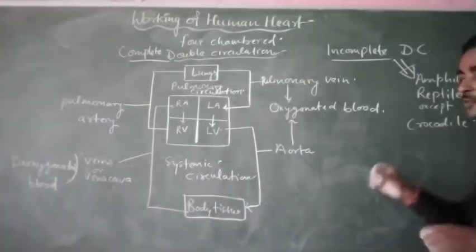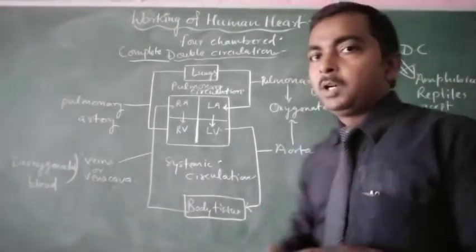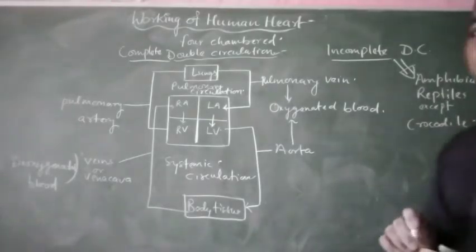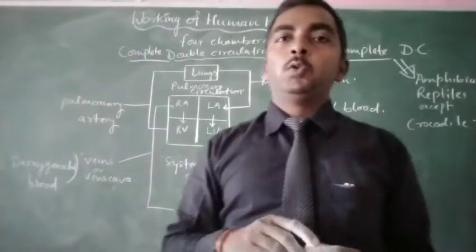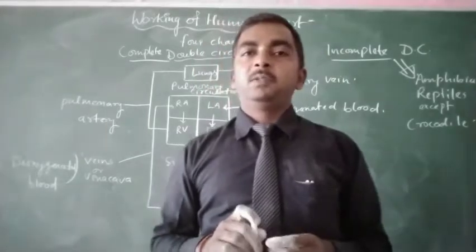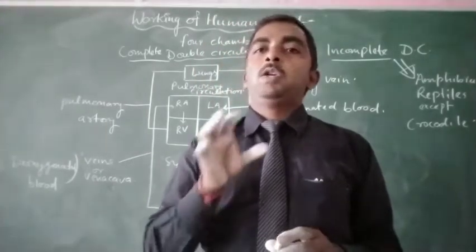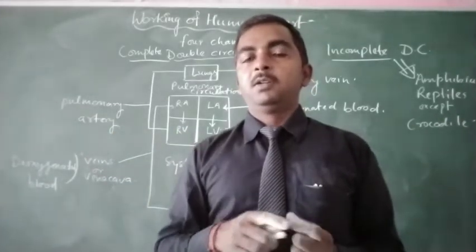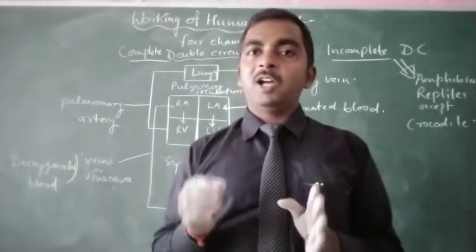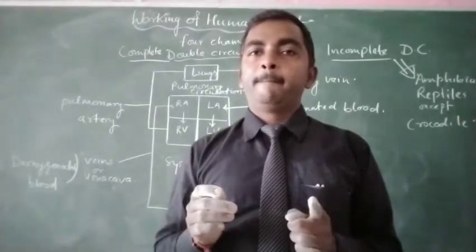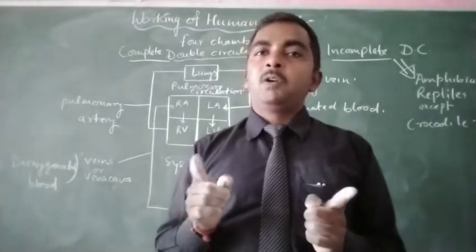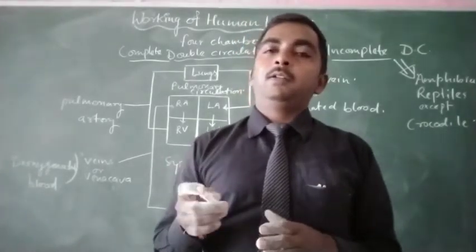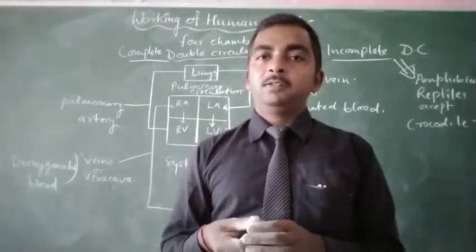Because the crocodile has a completely 4-chambered heart, but in the case of amphibians and reptiles, the heart is 3-chambered. That means 2 auricles and 1 ventricle. It means there is a common ventricle for pumping both oxygenated and deoxygenated blood. So there is a chance of some oxygenated blood mixing with deoxygenated blood, and that mixing of blood